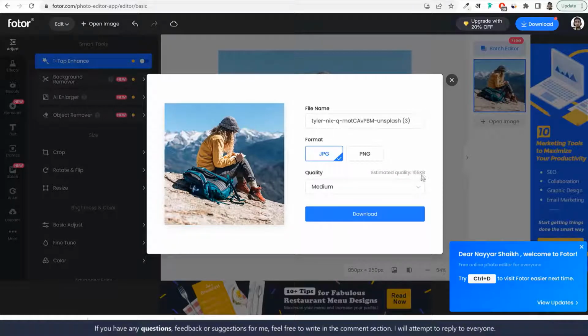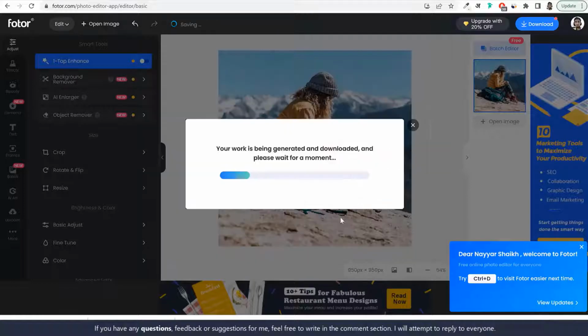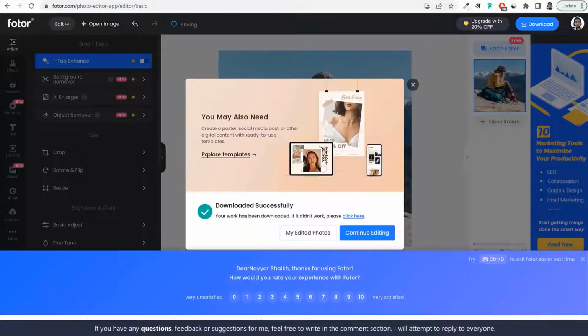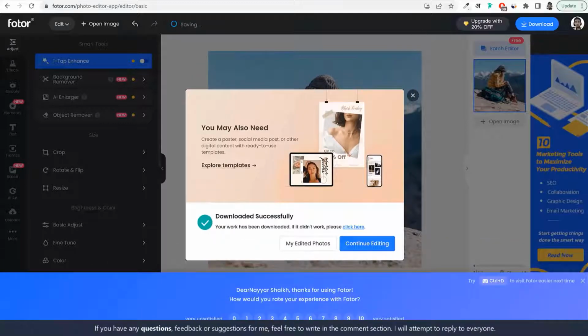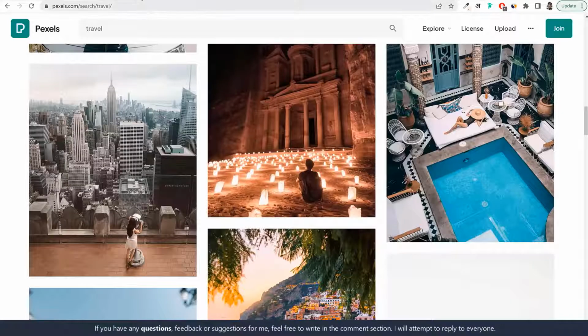File size is just 155 KB, and also the image quality is pretty good. So we'll download this size. All right. Now I can cut this thing, come back to this website, and you can now use this image